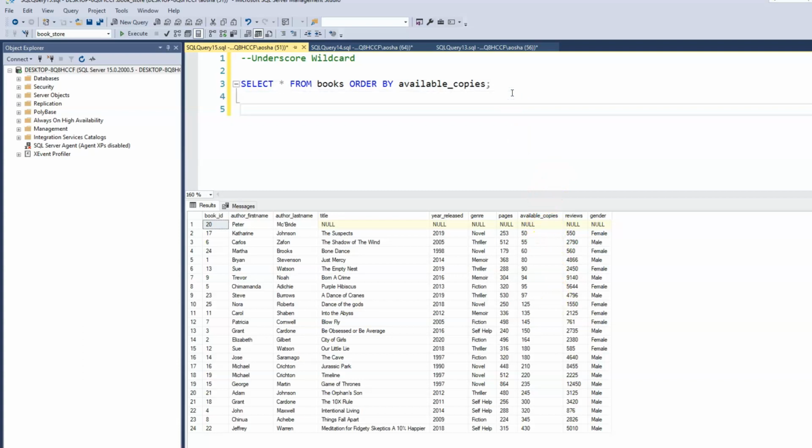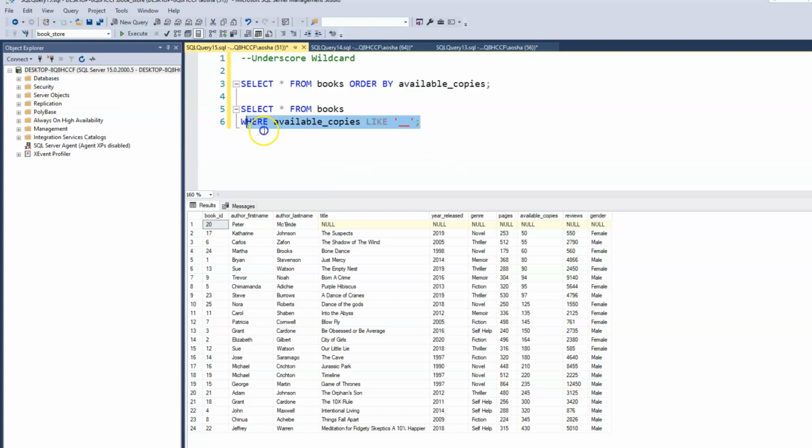The way we use the wildcard is this. Let's say I'm going to write out the query first, from books, and for now we don't have to order our result set. I'm just going to say where, and we'll use available copies, and we'll have a like, and this is where we use the underscore. Now, like I said, the underscore really just means a character. So for now I'm just going to do 2 underscores, and then I'll close the quotes. So what this is saying is retrieve from the books table within the available copies wherever we have